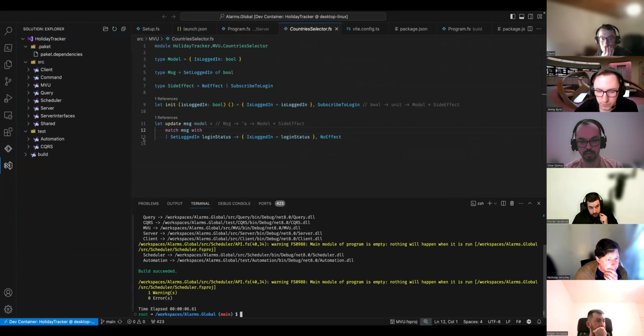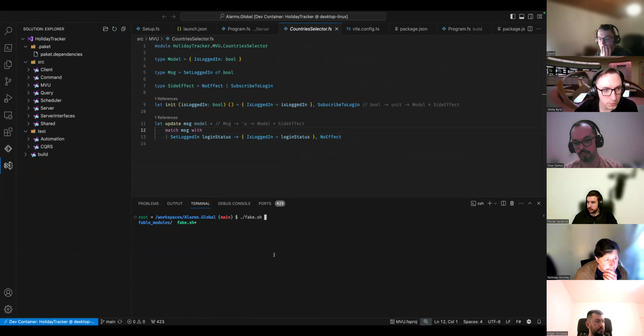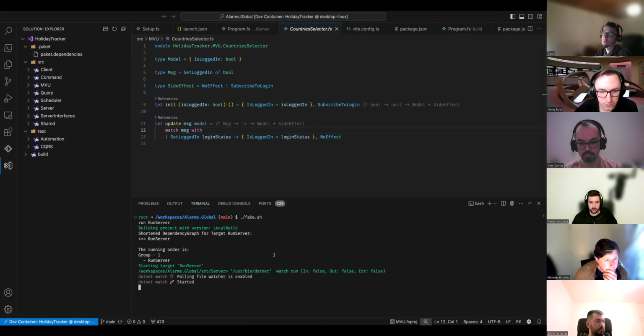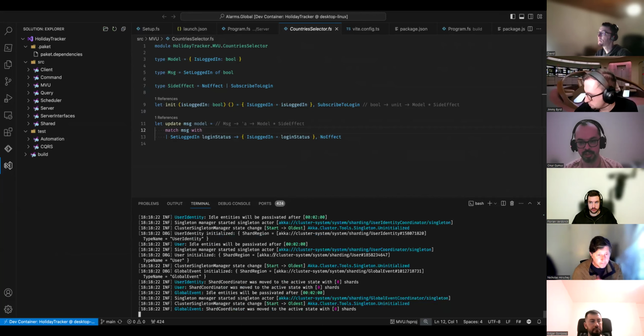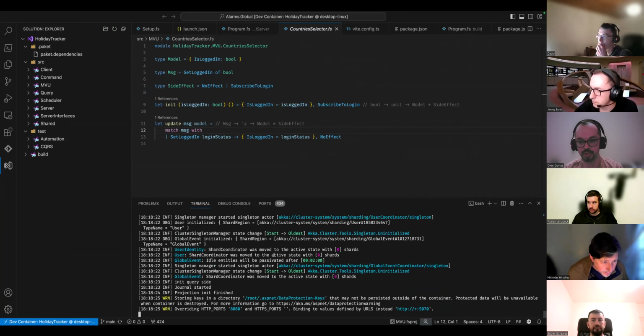So let's just run it. By default, in order to run this, just use a FAKE script, so I'll just execute this fake.sh. Although my real operating system is macOS, this is inside a dev container, and this is a Linux environment. The project's content isn't very important for this demonstration. We're only going to focus on the debugging aspects of it.